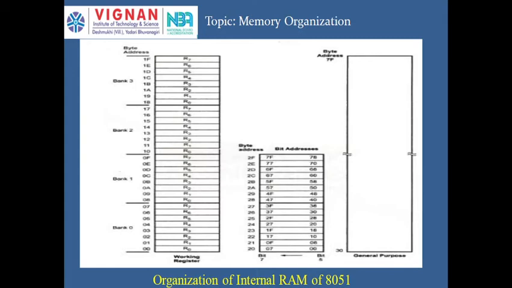We have already discussed the program status word, where we have RS0 and RS1, that is PSW third bit and fourth bit. Third bit is RS0 and fourth bit is RS1. That is used to select which register bank is currently in use. If RS1 and RS0 are both zeros, bank 0 is selected. RS1 is 0, RS0 is 1, bank 1. RS1 is 1, RS0 is 0, bank 2. If both register select bits are 1, bank 3 is selected.